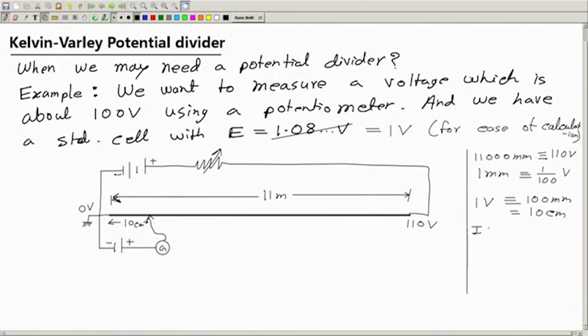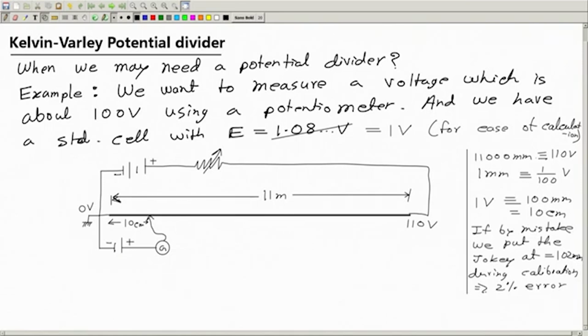So, if by mistake we put this jockey during calibration, it should be at 100 millimeter, say we put it by mistake at 102 millimeter. Okay. So, we have a 2 millimeter mistake during calibration, which means 2% error. Okay. So, why 2%? Basically, we wanted 100 millimeter equal to 1 volt,